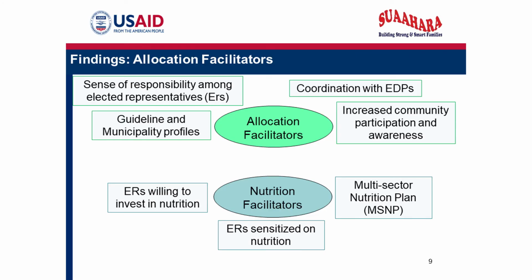So let's move on now to the allocation facilitators. So the general facilitators for budget allocation were a sense of responsibility among elected representatives, very good coordination with EDPs, increased community participation and awareness, and guidelines even existing at the municipality level. Specific facilitators to nutrition include the multi-sector nutrition plan and elected representatives sensitized in nutrition as well as willing to